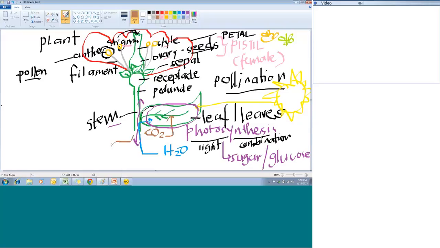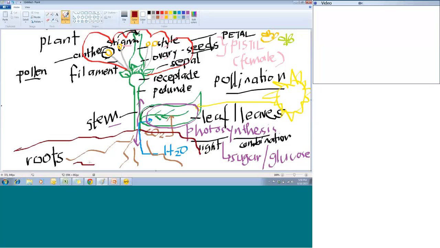It goes down to the last part, which are the roots. Now, the roots are what anchor the plant to the soil. And they also absorb nutrients from the ground so that they can be transported to the other parts of the plant. Now, the nutrients coming from the leaf,